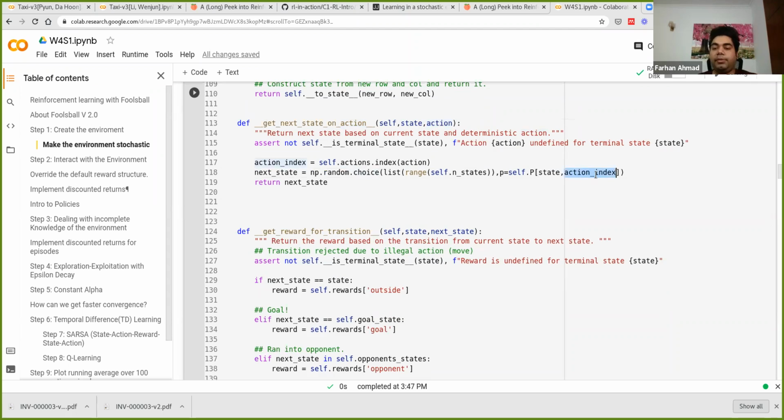Now this is going to give me one slice of the table, the numpy array, right? So this is going to give me an array which has 20 different states, and all I do is sample from those states, right? These are the probabilities for those 20 states, and these are the actual states, and I just sample one of those states and I return that state. Now we know that although this is an array of size 20, only 4 of these probabilities will be non-zero, so that is not an issue. So whatever this next state is, it is always going to be a feasible state, right? With this implementation,